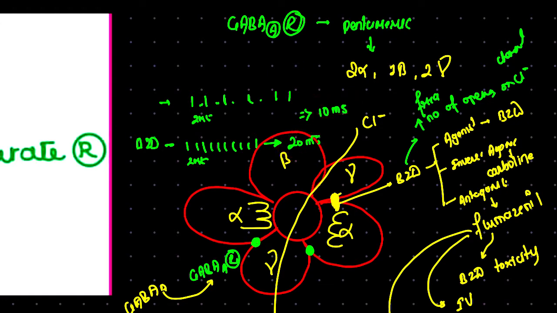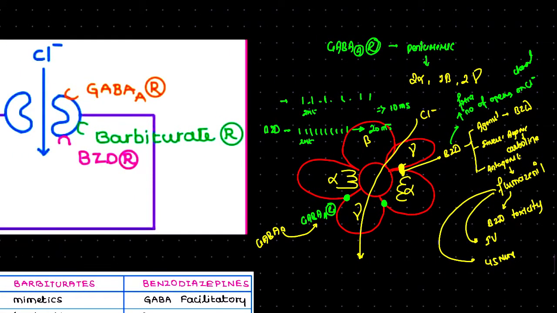So what is going on? The more chloride ion is getting inside the cell, that means more hyperpolarization is taking place, and the brain is depressed, with more sedative and hypnotic action. So this was how benzodiazepine works, the mechanism of action of benzodiazepine. Okay, now let's talk about